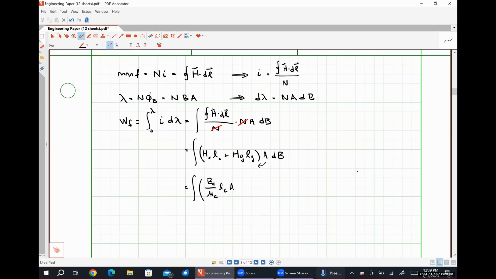into two integrals. Integral of BG divided by mu naught of